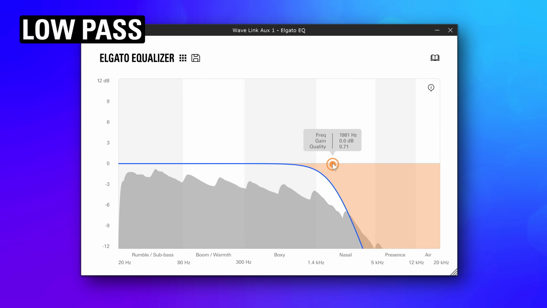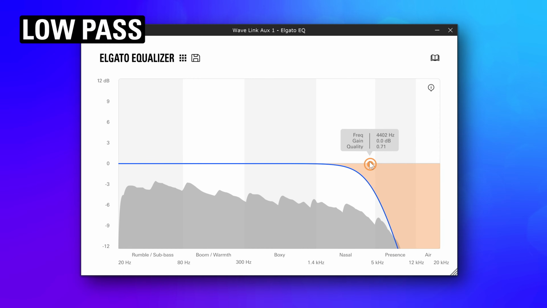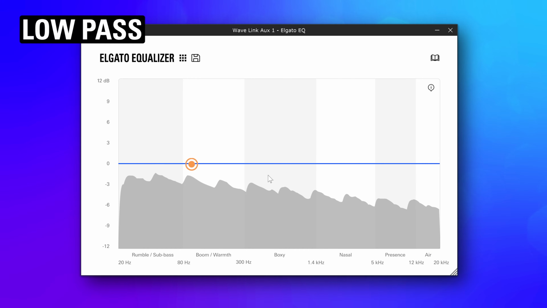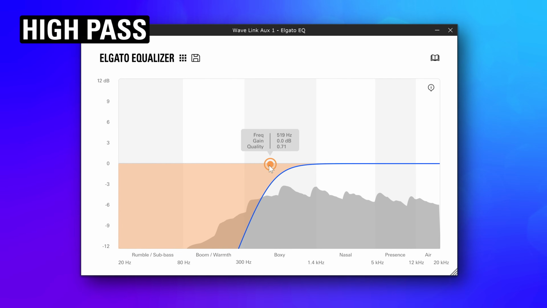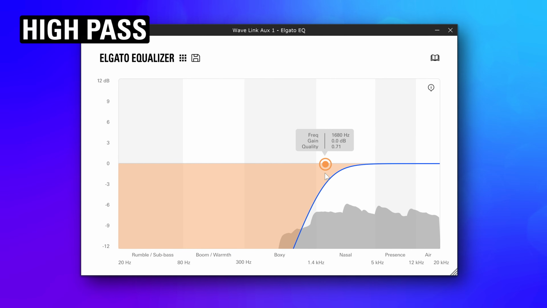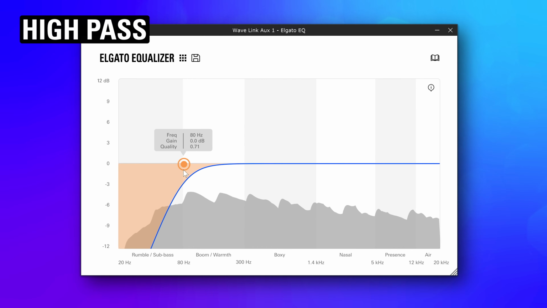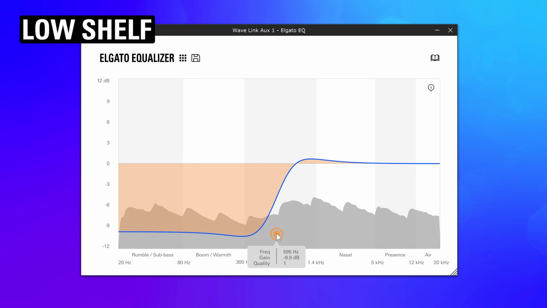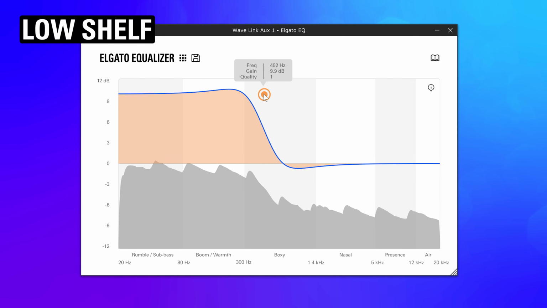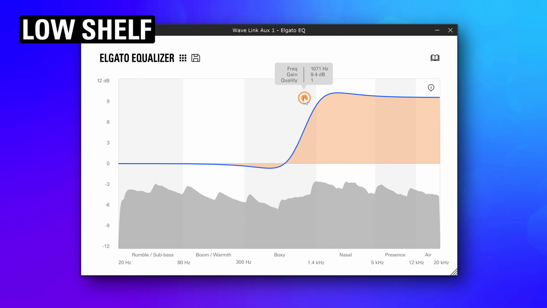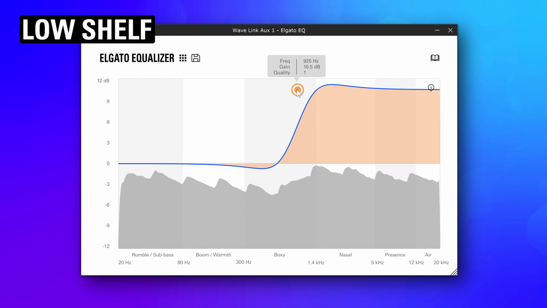Put simply, a low-pass filter passes any frequencies that are below a point. Anything else is muted. A high-pass filter is the same concept, but just passes sound that is a higher frequency than a set point. A low shelf will raise or lower frequencies below a threshold and look, well, like a shelf. With a high shelf, this happens to frequencies above that point.